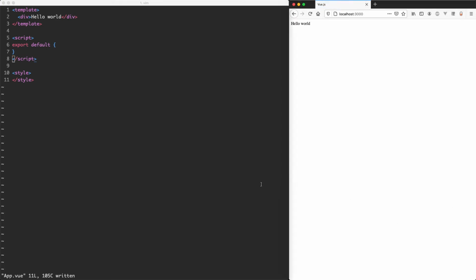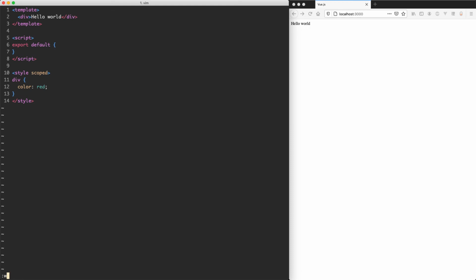Hello world is appearing. One other thing we're going to see before we move on is you can put a scoped tag here. And what this is going to mean is the style is going to be scoped to this single Vue file. So any style I write inside of here is only going to be applied to this template here, none of the children or the parents. And this is really convenient. It stops you having to put obscure and strange class and IDs to make sure the styles don't leak out into other components. Just to demonstrate this, I'm going to style the div by putting div here and just say